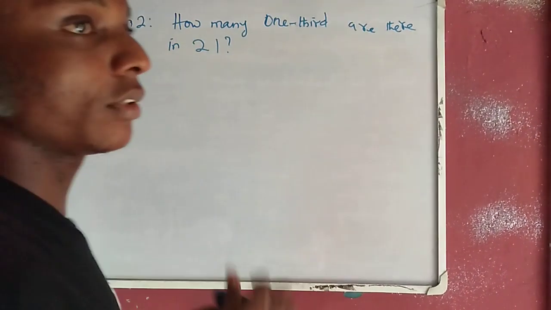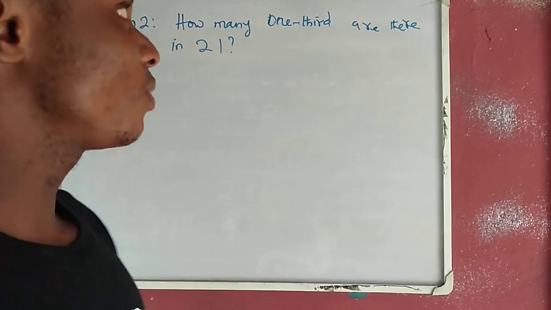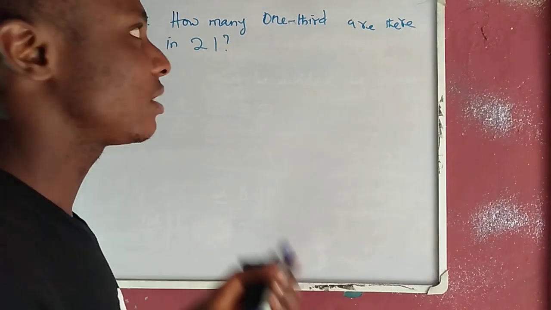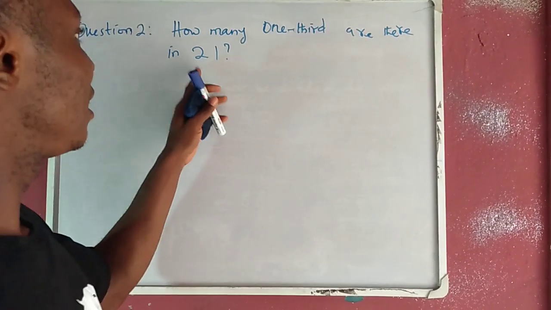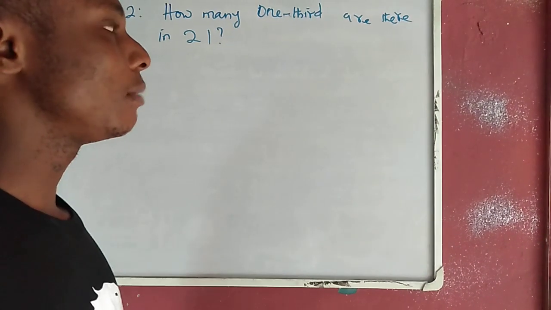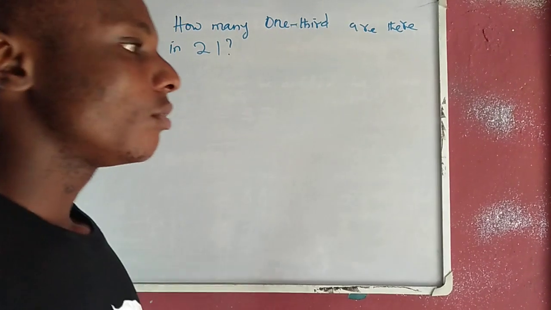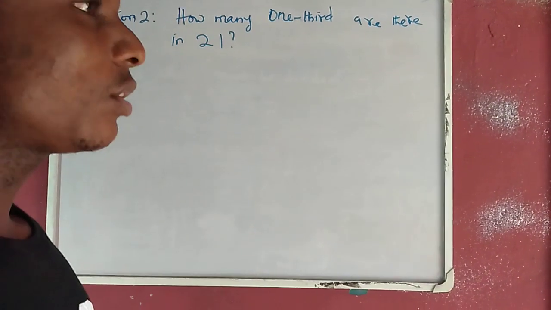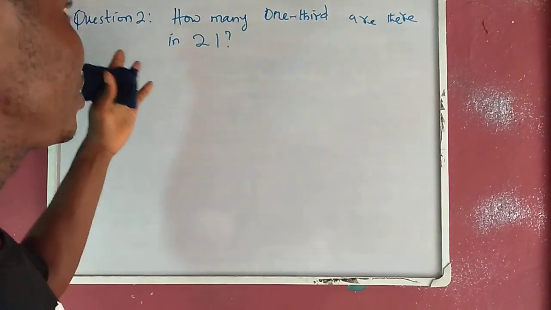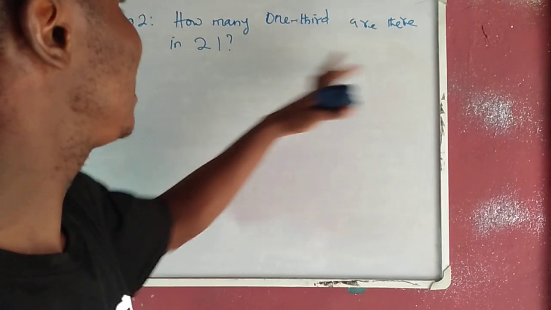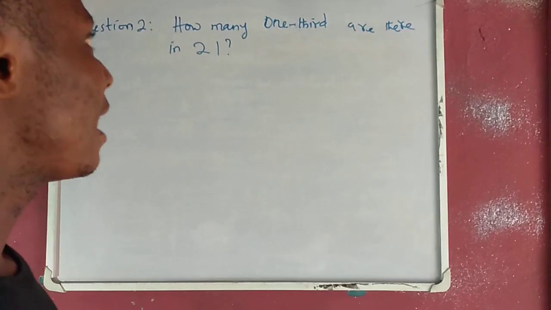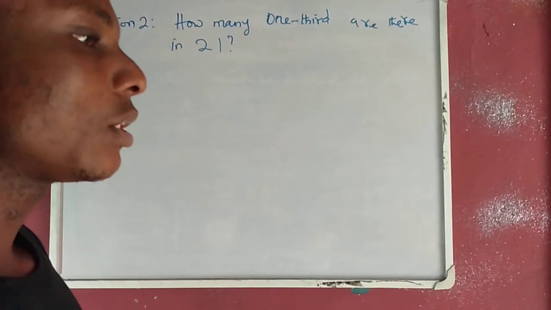This is another tricky question, because if you want to count the number of one third plus one third plus one third, and then count the number of one third that will get into 21, it will be a lot messy, and the process will be too rigorous. So why not you just sit down, think of a method to solve this problem. The question says, how many one third are there in 21? Right? How many one third are there in 21? So